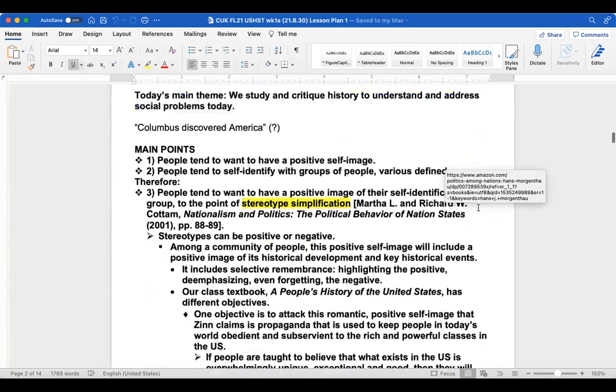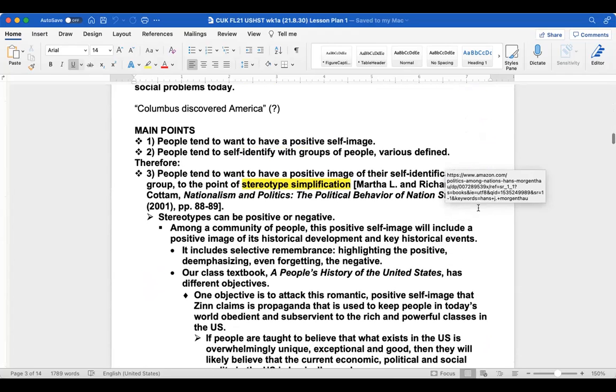So let me jump down here a little bit. Here are some principles. I think you've already heard this, but it's good to hear it again. Main points: I want to have a positive image of me. I want to feel good about me. People tend to want to have a positive self-image. Number two,